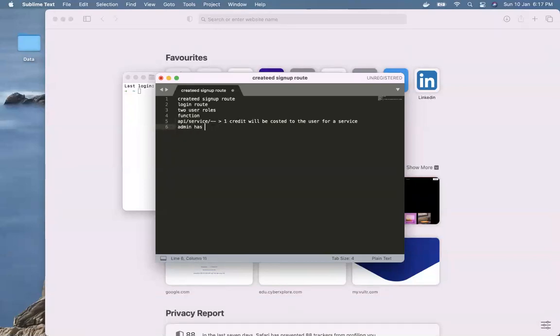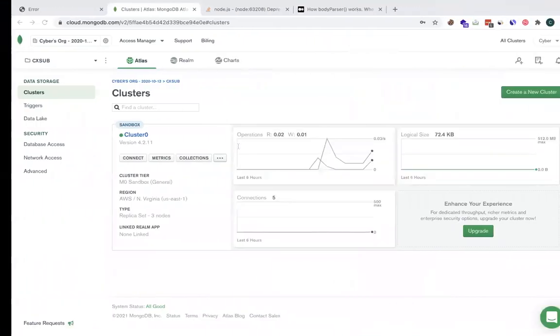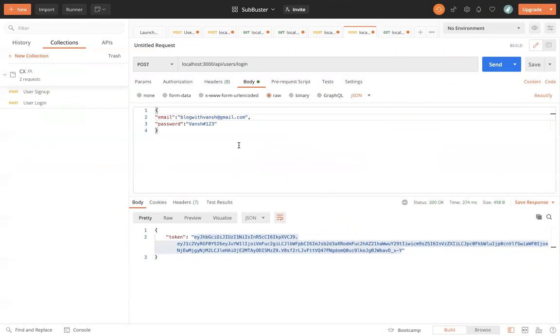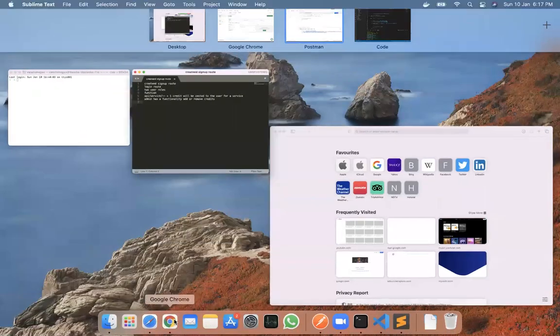And admin has a functionality to add or remove credits. Like he can update or remove credits. So these APIs we are going to create, and then we are going to scale as we move forward in our application. I will think of a service which he can give and stuff like that. So it will be something like a membership subscription based application, an API service, you can say.